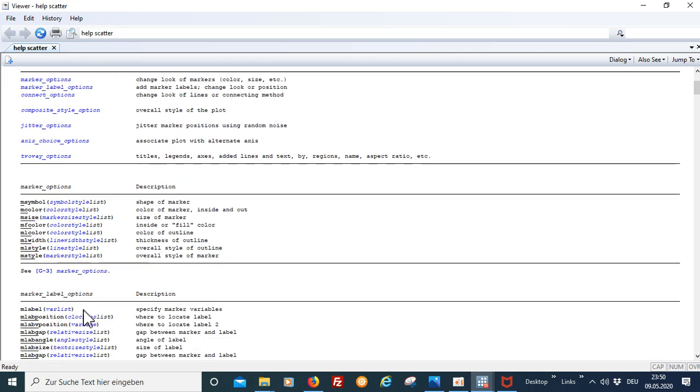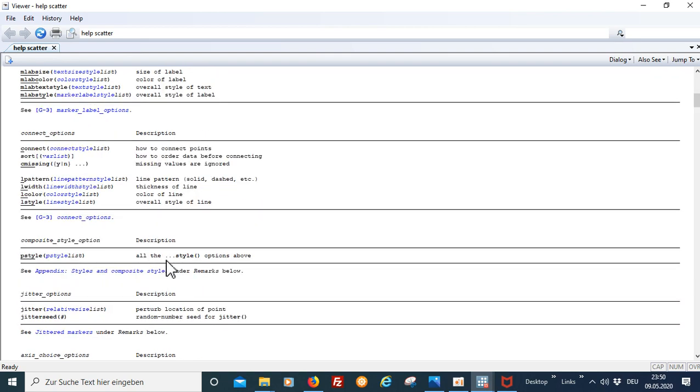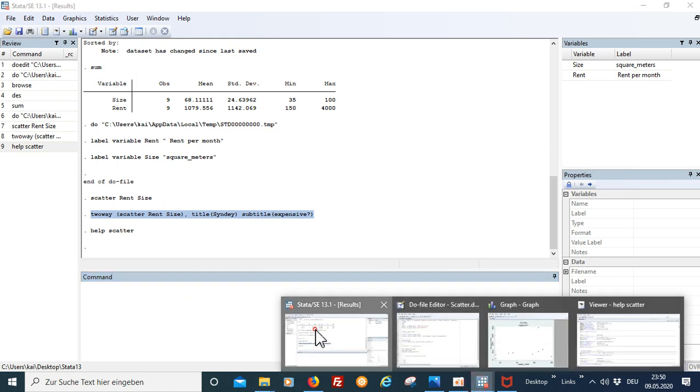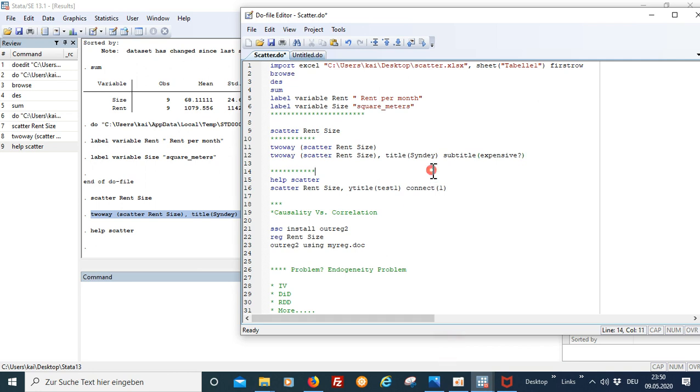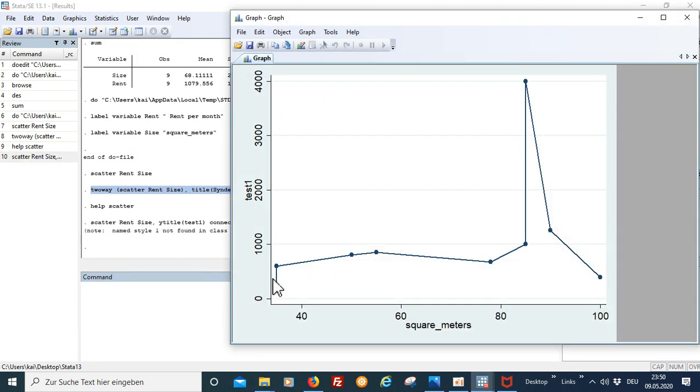Click that, then you come here, then you see you can change the size, the color, the shape of the scatter plot, and many more options. Check that for yourself. Further, what you can also do is sometimes it's useful to change the titles of the axis or even connect the single points. In this case, it does